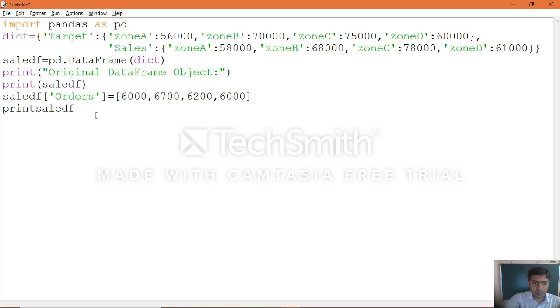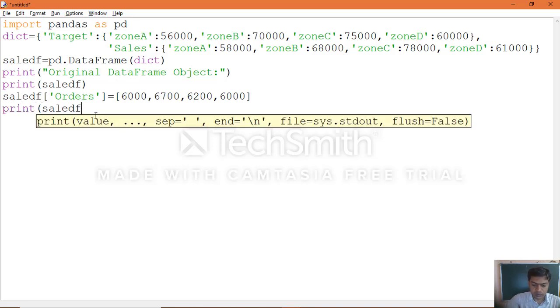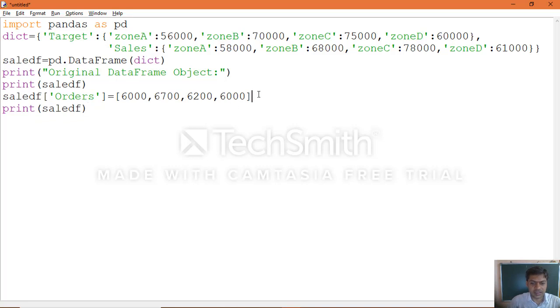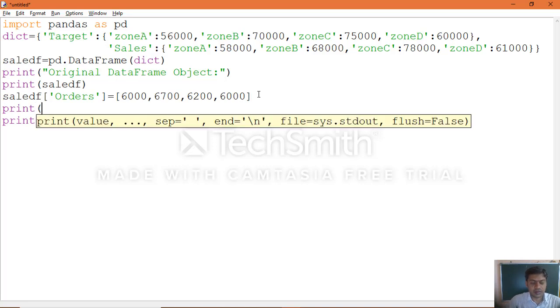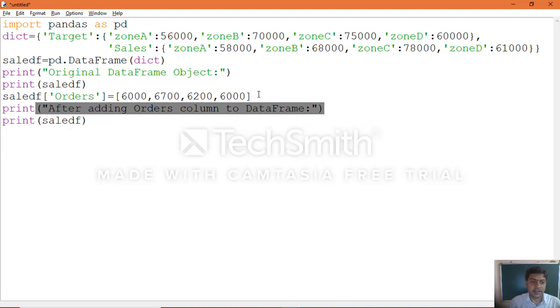Here also, if you want, you can add a print label such as: after adding orders column to data frame.